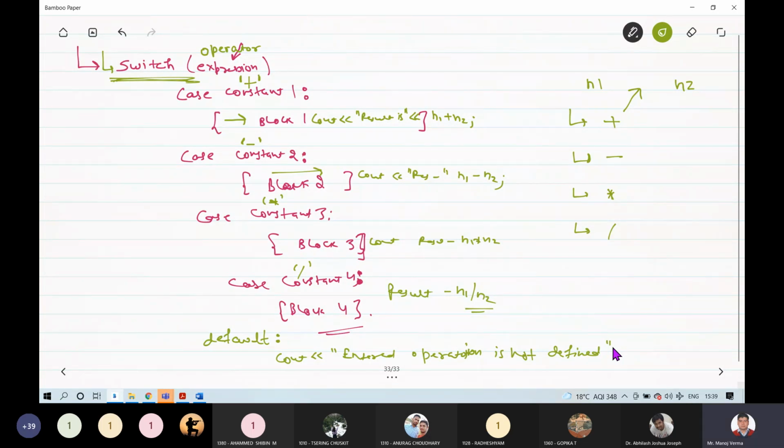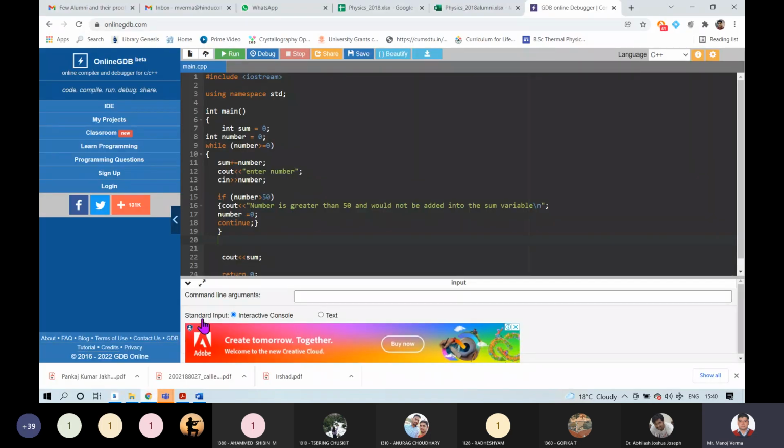So these switch cases can be used to select a particular case as per the wish of the user. By using these switch cases, I can make a simple calculator which will give you the result of 4 different operations, and the user has to select that particular operation. Okay, let's make this code. It will be more clear if I make this code.